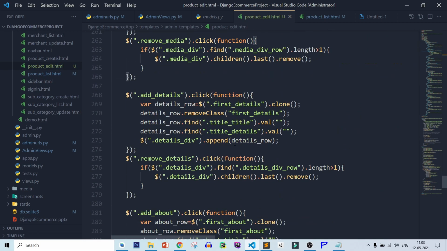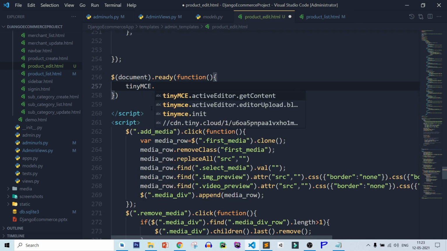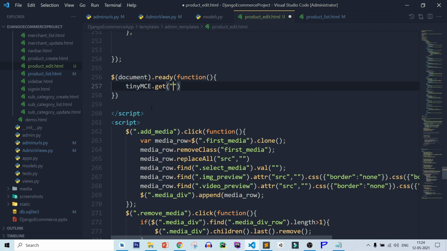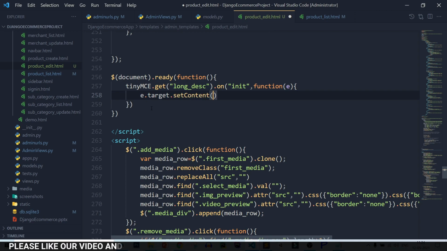So here, tinymce dot get, passing the id which is long description dot on init, adding a function which is a callback, then e which is used for event, e dot target dot set content. After that, let's access long description.